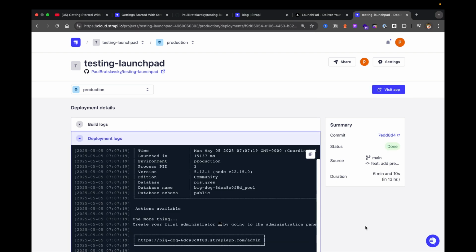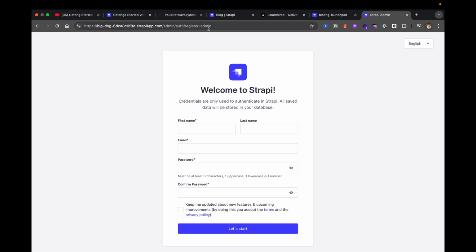After your project is deployed, you'll be able to click Visit Your App button. So let's go ahead and click it. Now, if you click this screen and you don't see the admin panel, give it a few minutes to allow all the changes to propagate. And once you see this form, welcome to Strapi, let's go ahead and create our first